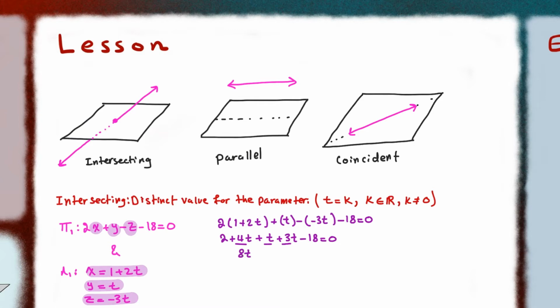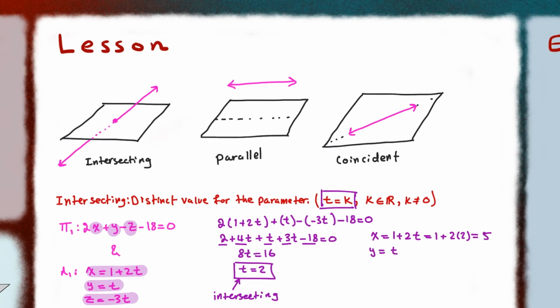We're going to collect our like terms and isolate for t. We're going to get 8t is equal to 16 and t is equal to 2 when we divide by 8. Since our t value is a distinct value, which is a real number not equal to 0, then the line and the plane are intersecting. To figure out the point of intersection, we are going to plug in the t value into the parametric equation of the line. So x is equal to 1 plus 2 times 2, y is equal to 2, and z is equal to negative 3 times 2,